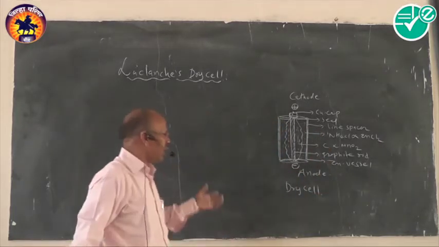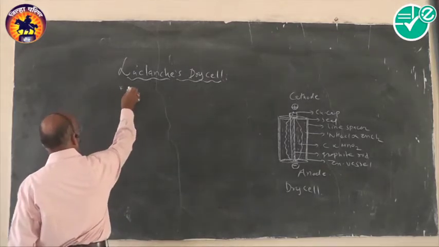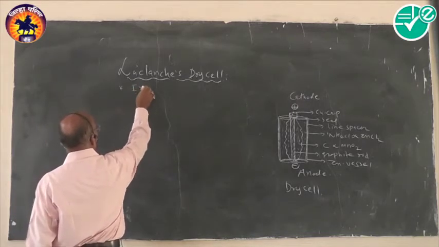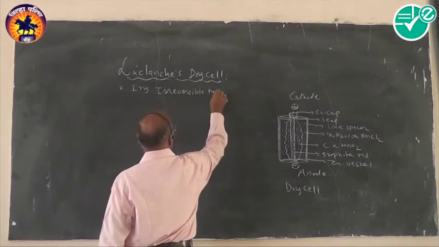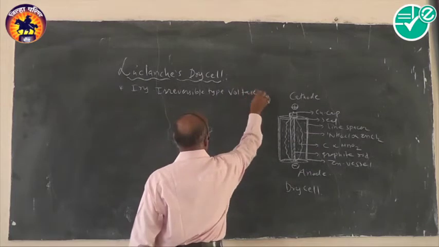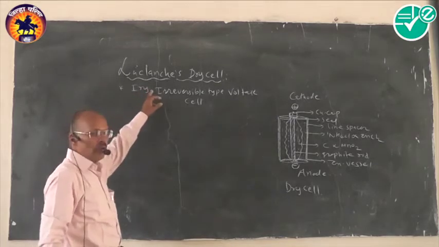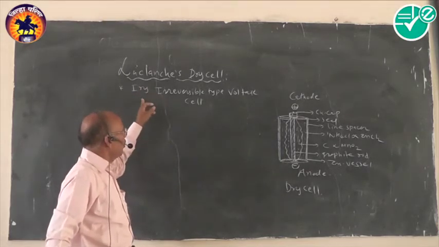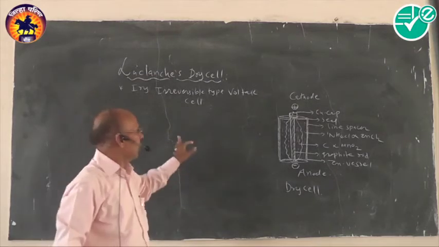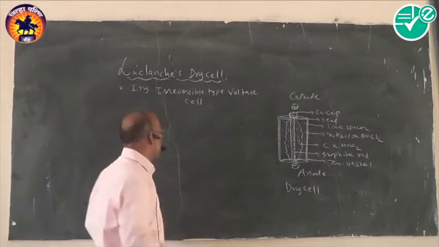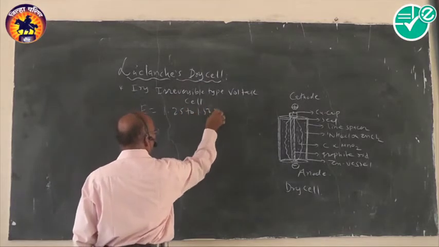Okay, it is your dry cell, just sketched like this. In this particular case, first of all, it is a primary irreversible type of voltaic cell. So it is your main point or MCQ point from the exam point of view. This Leclanché dry cell is an example of a primary irreversible type of voltaic cell. Such cells can never be charged. You have to take care of this point in your mind. Okay. In this case, it has a potential of about 1.25 to 1.5 volt.